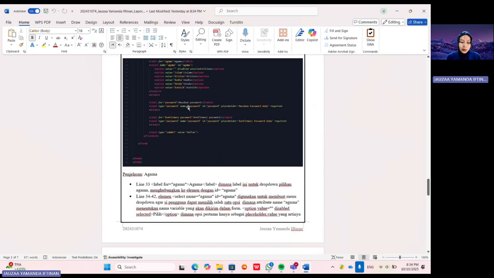Then for religion, we use a select drop-down list with several options like Islam, Christianity, and others.